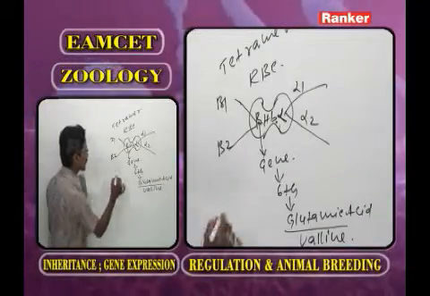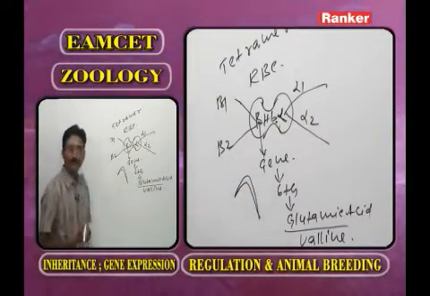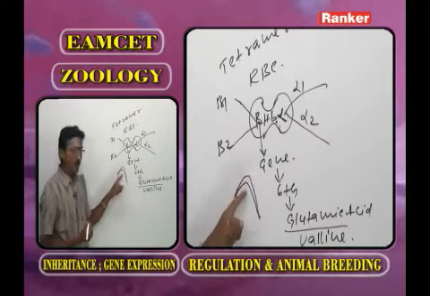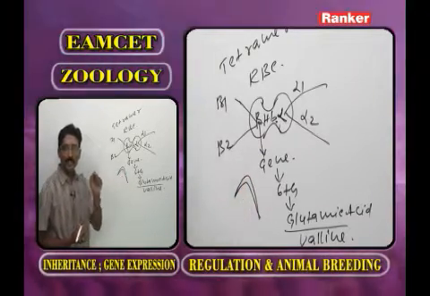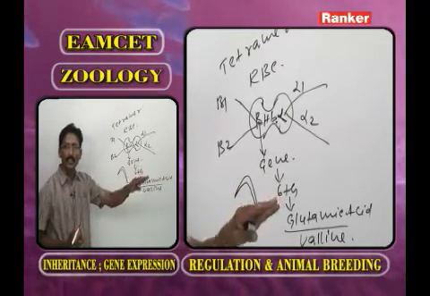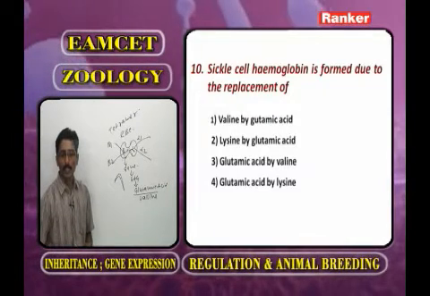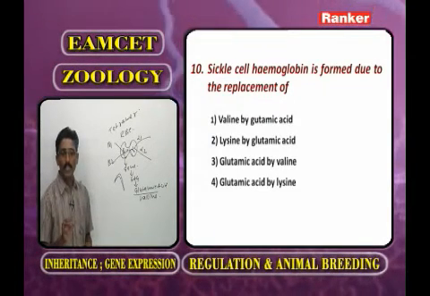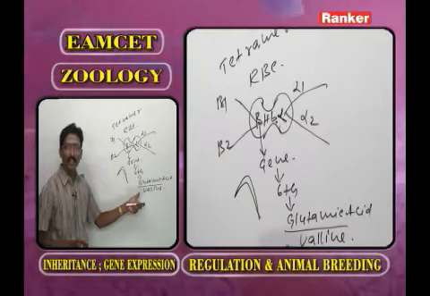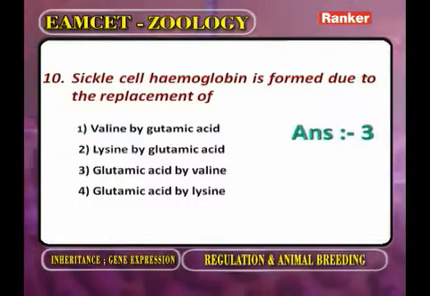The shape of RBC changes, sickle shape. So RBC size decreases, hemoglobin percentage decreases, the person suffers from anemia. After few days the person is going to die. Now here sickle cell hemoglobin is formed due to the replacement of glutamic acid by valine. Now the next question,